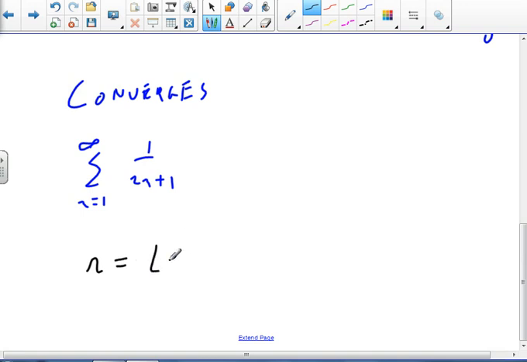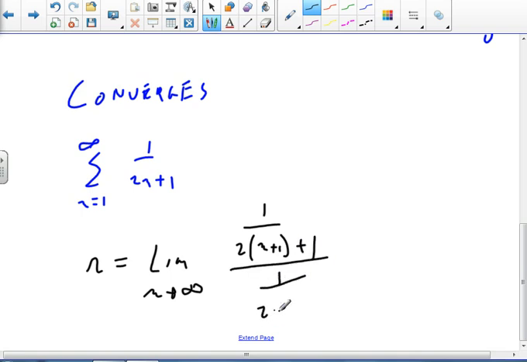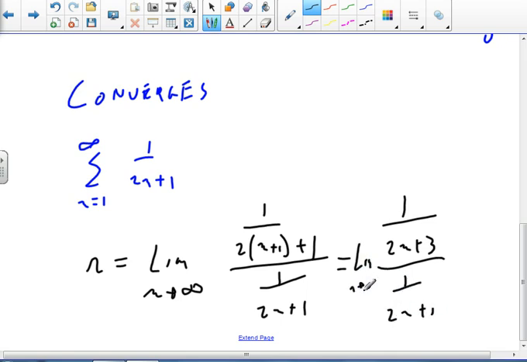R is equal to the limit as n goes to infinity of 1 over 2n plus 3 divided by 1 over 2n plus 1. I'm looking at the limit as n goes to infinity,